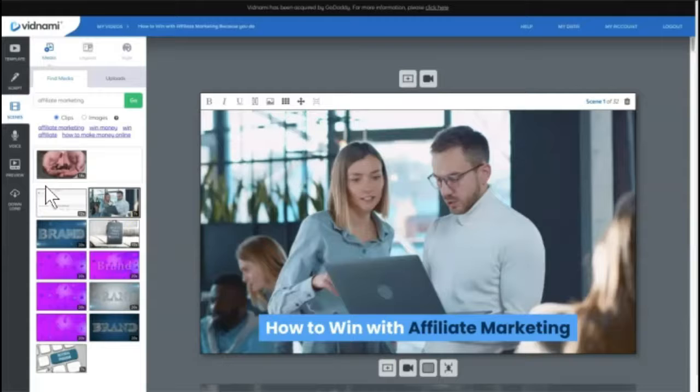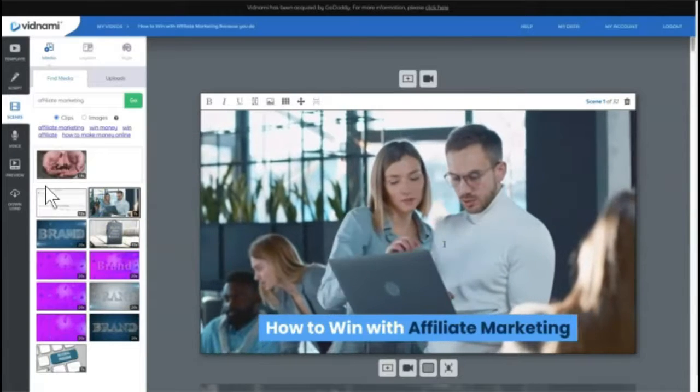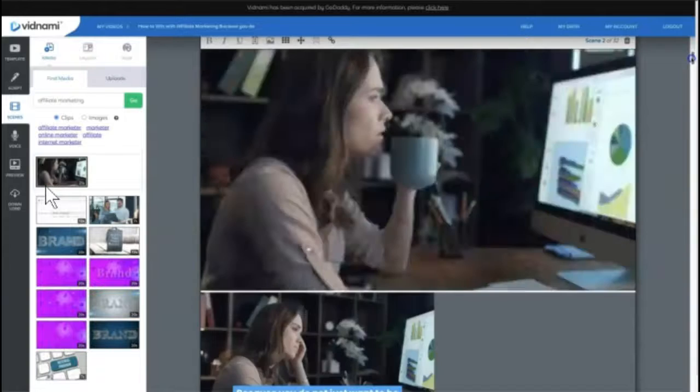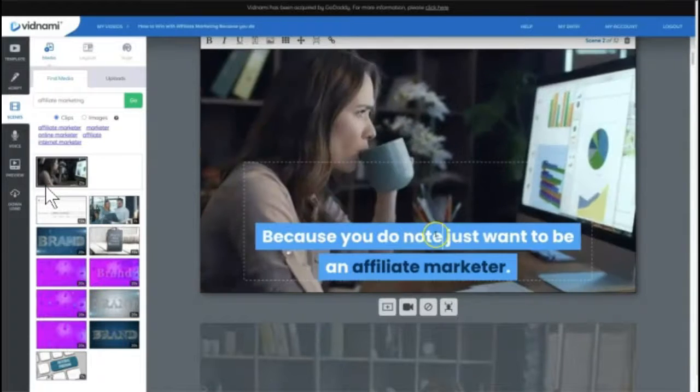And at any point, you can choose any of these images to use in this scene instead of what it auto-populates. Then you scroll down and check the scenes, right? And at any point, you can come in here and you can edit words and you can edit the highlighting